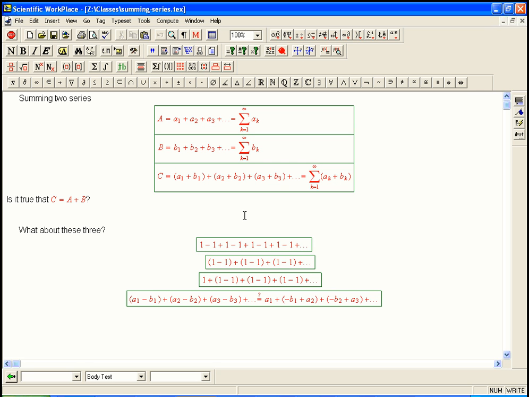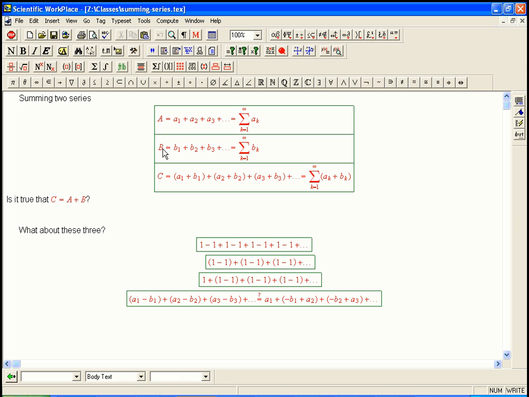Let's think about some tricky issues about summing the series that a student was asking about. Let's start with something that is true and useful, and that's just summing two series. If I have an infinite series, a1 plus a2 plus a3, or in summation notation, the sum of a sub k, and then the sum of b sub k,